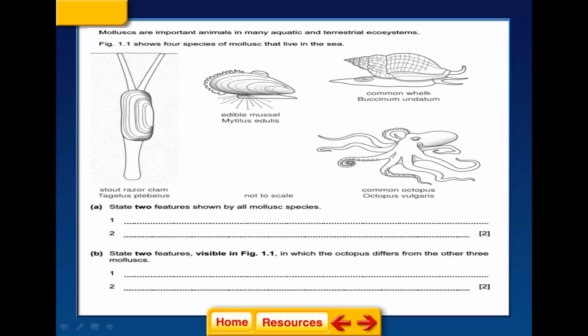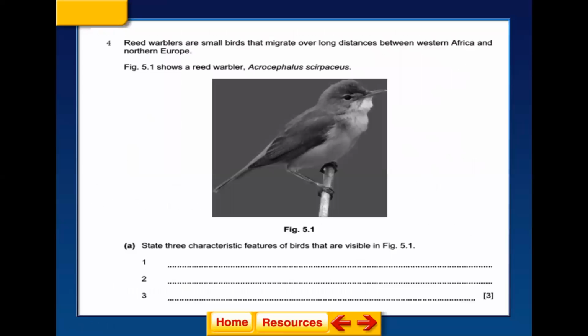Now let's move to another question. This bird. Question says, state 3 characteristics visible in the figure. Birds. I see here a beak. So it has a beak. Second, it has feathers. This is the body cover, and it's shown here. It has wings, and it's clear, in addition to the scales on the legs. So first, has a beak, has feathers, has wings. If you need to mention number 4, you can say has scales on the legs and clawed toes here.